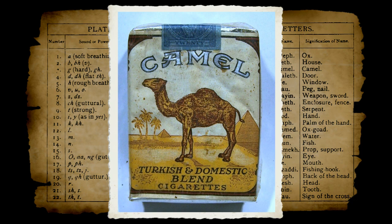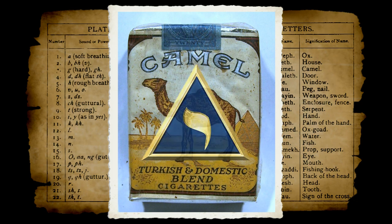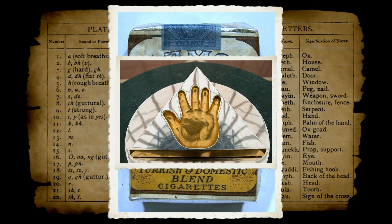So when you look at a Camel cigarette pack, you'll see that the Great Pyramid is missing. You only have 2 of the pyramids in the picture. And standing in between where the Great Pyramid is a camel. Now camel in Hebrew means G. And so therefore we're looking at a large G, which of course is emblazoned on every Masonic temple. Sometimes it's replaced by the Hebrew letter Yod, which actually means hand. Now when we look at the